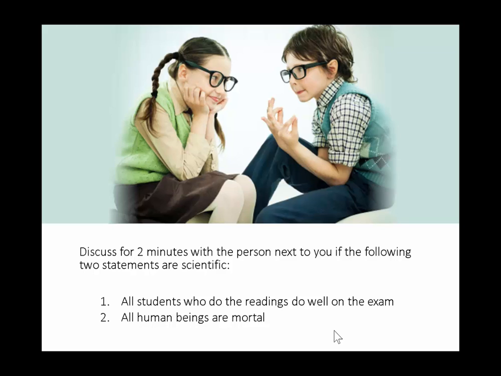So essentially it comes down to falsifiability. Keep in mind, can I potentially disprove something? And this is sort of how we advance our knowledge. It doesn't mean that you have to disprove it, but it needs to be set up in such a way that there is one possible way of showing that you can potentially disprove something. But for the second statement, there is no possible way we could ever disprove that statement.